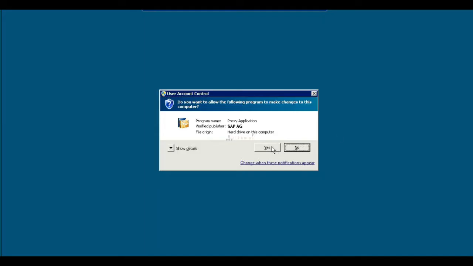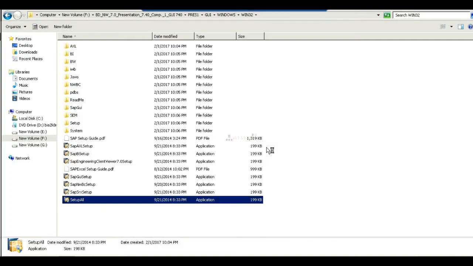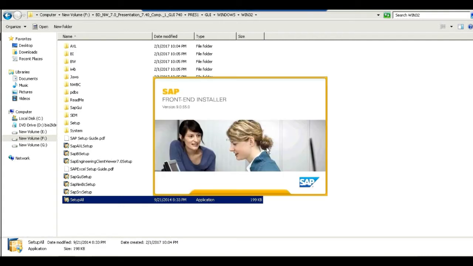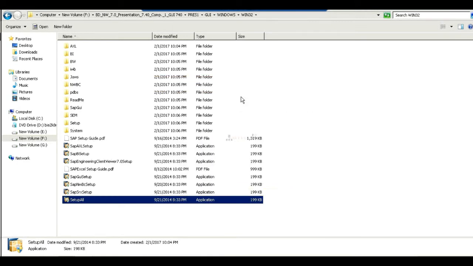We will run this setup all. It's a front-end installer, a front-end tool. We call SAP GUI, graphical user interface, a front-end tool.